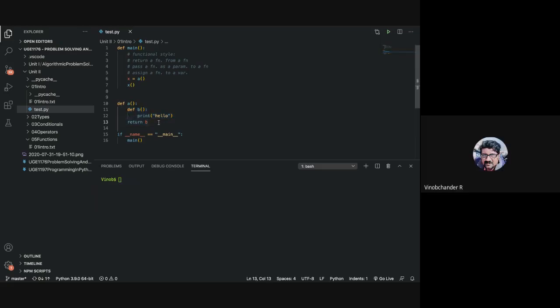Okay, so we have one nesting here. If you want to try, you can try with multiple levels of nesting also. This is the concept. So coming to the part of the decorator. What is the definition of a decorator function, guys? I think I said the definition, right?